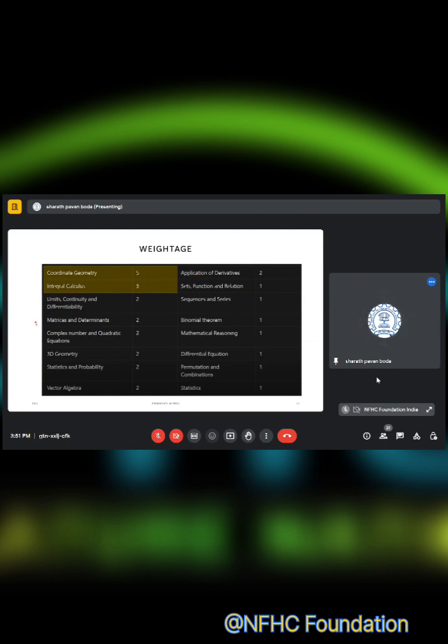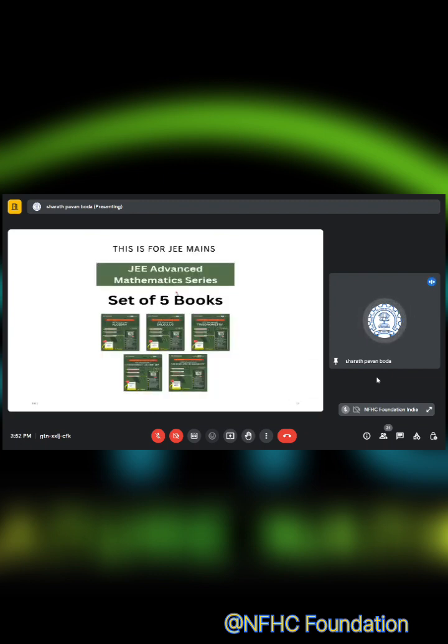So I suggest please do all these chapters without missing anything and without missing any formulas. And these are the topics which I felt a little bit tough, but it changes again from person to person. This is the weightage for mathematics, and Sinhagi is the only book which I used to follow during my time,